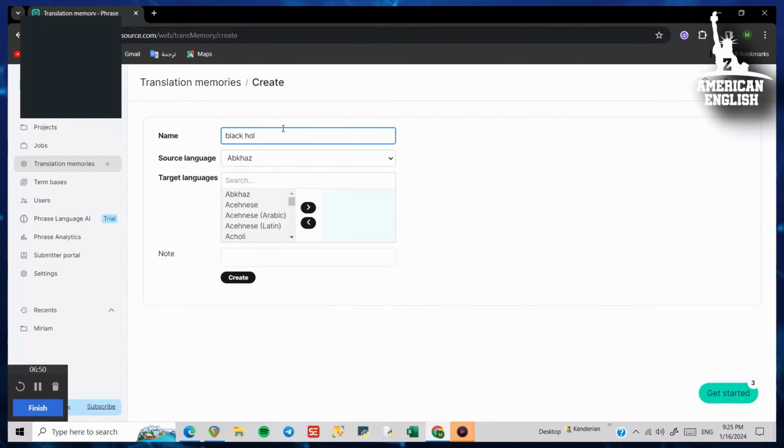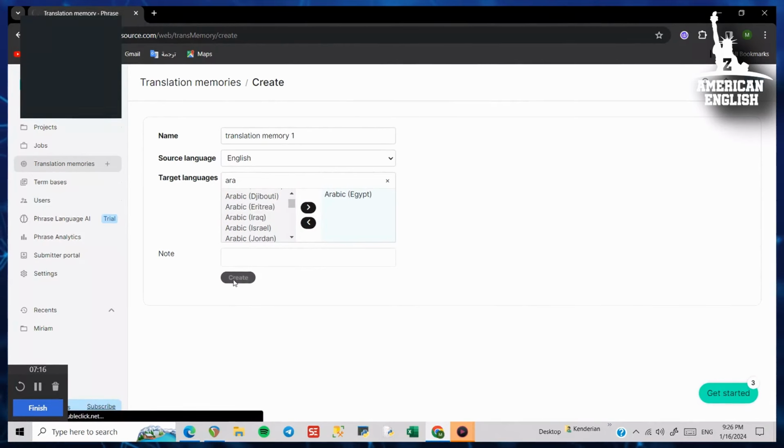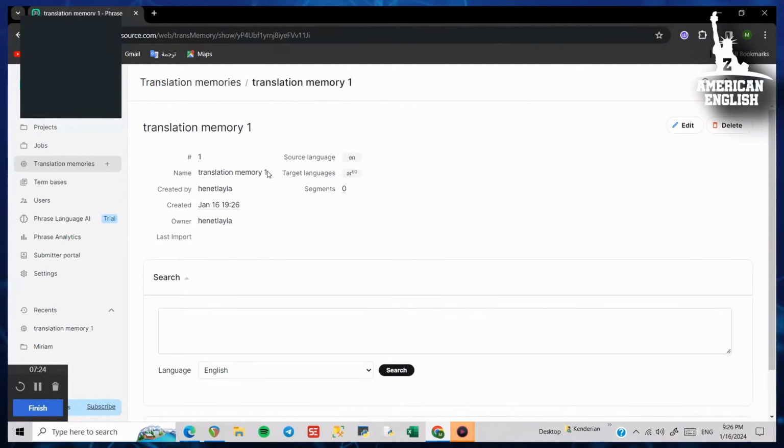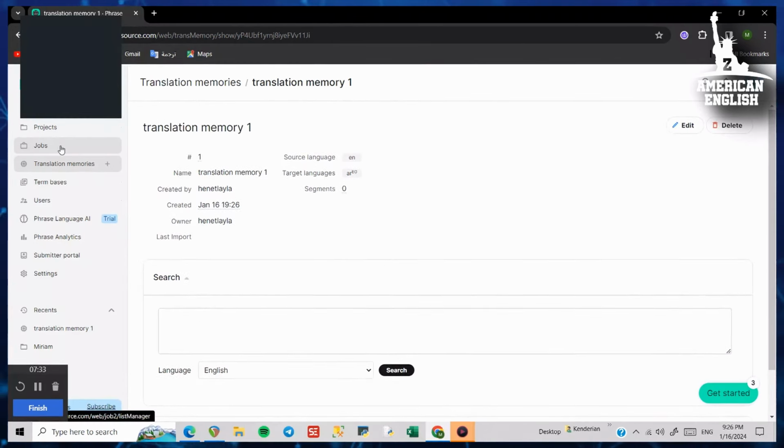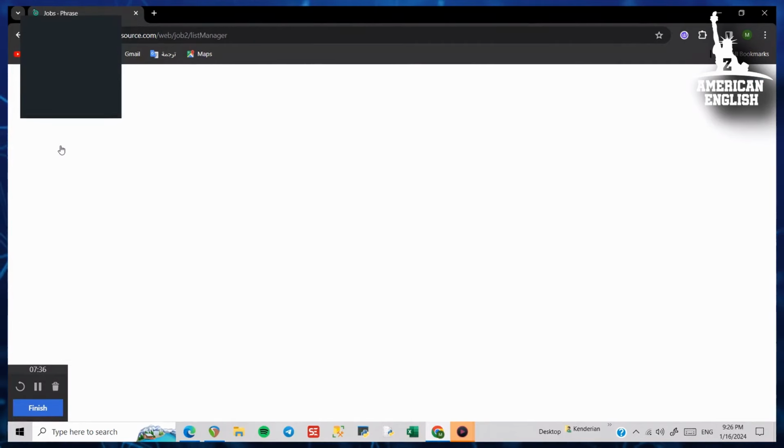So we're just going to name it translation memory 1, and the source language that we want it to be in will be English, and then the target language will be Arabic, or any other language that we want the translation memory to be in. But since we are translating from English to Arabic, we will just keep it that way. We can create as many translation memories as we want, depending on the file that we're translating. So as we have here, translation memory 1, with its source and target language, has 0 segments because we didn't add any terms. So let's get back to jobs,